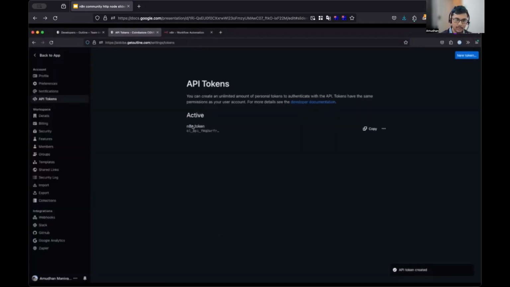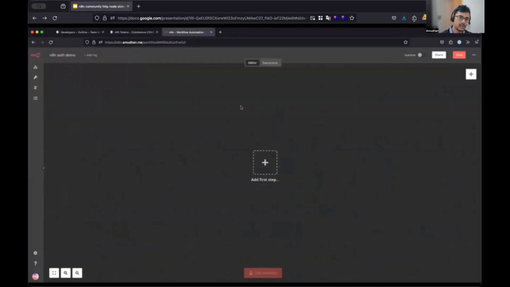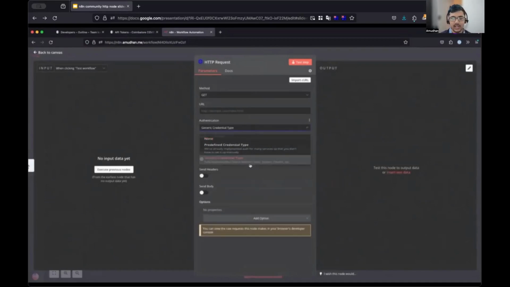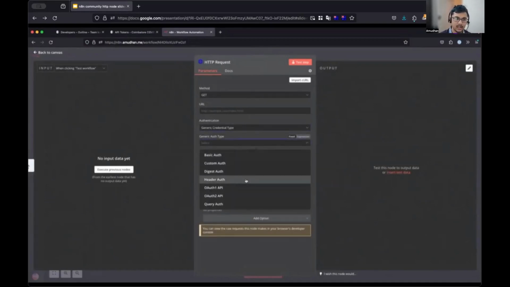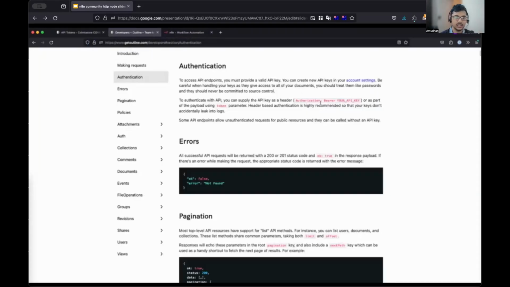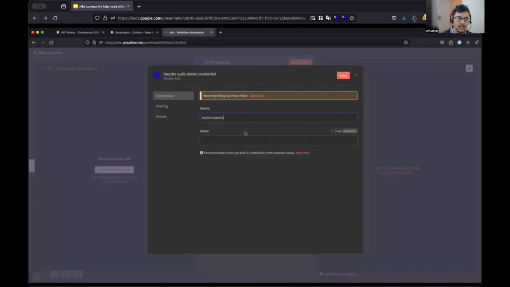I'm going to copy that token and then go into n8n and create a new HTTP request node. And under authentication, select generic credential type, header authentication, because that's what we saw in the documentation. And I'm going to give it a friendly name. And you can see that the header name needs to be Authorization. And then I'm typing in here Bearer, space, and I'm pasting the API key that I copied from the application,